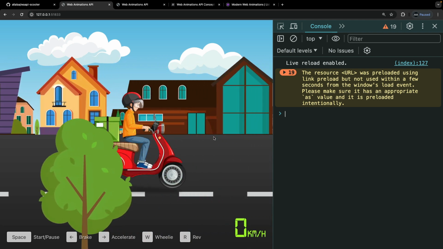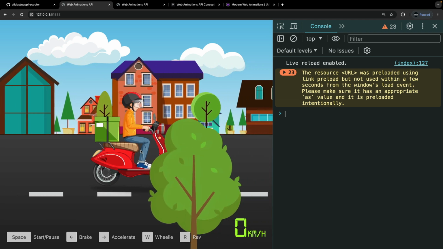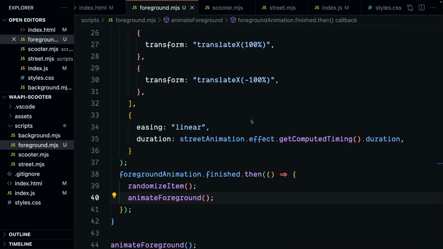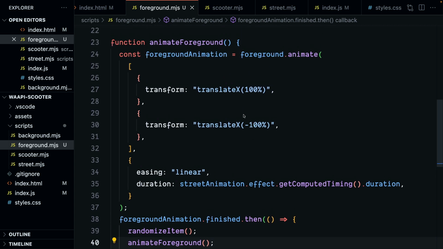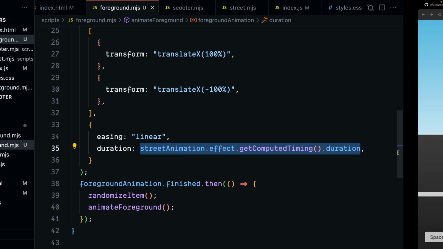And as you can see, the foreground animation looks a little bit faster than our street animation, even though we are giving the foreground animation the same duration as the street animation. However,